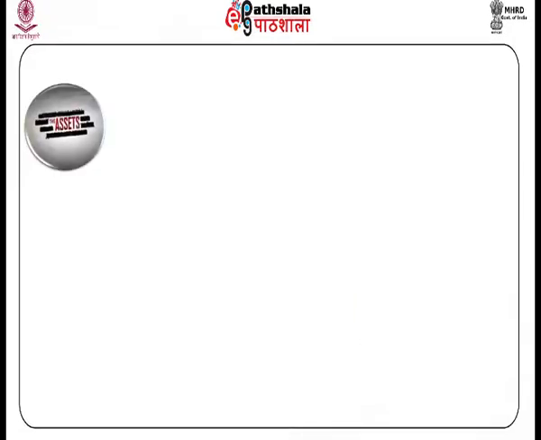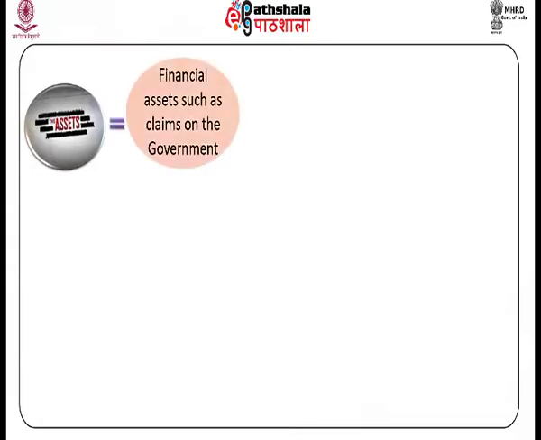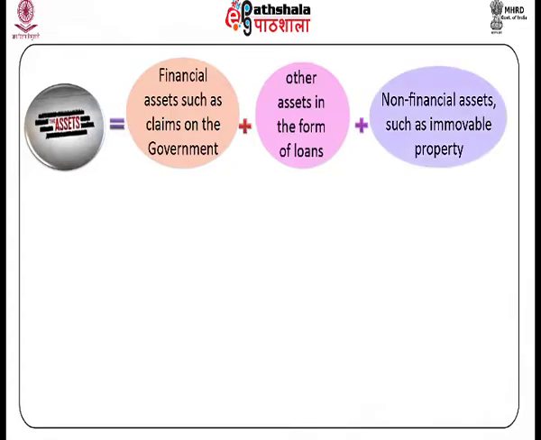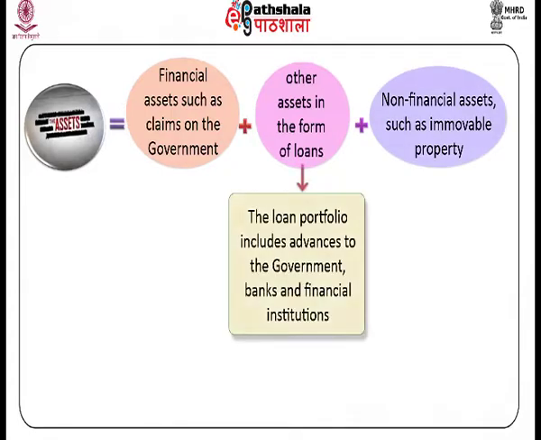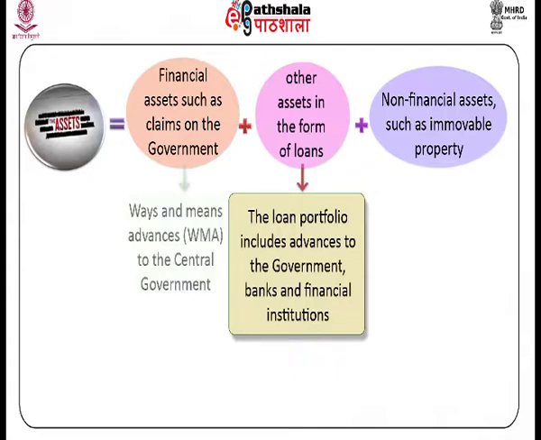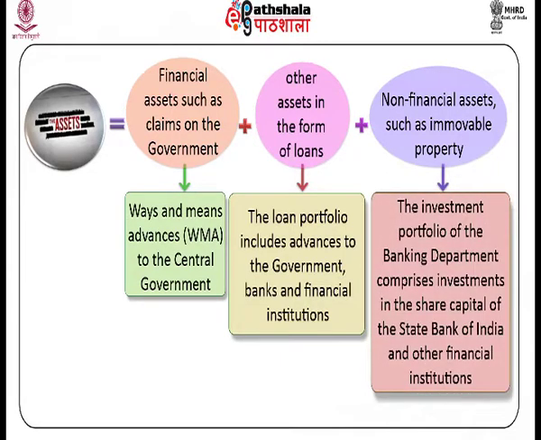The assets of the banking department comprise financial assets such as claims on the government, banks, and other eligible financial institutions, and other assets in the form of loans and bonds and non-financial assets such as immovable property. The loan portfolio includes advances to the government, banks, and financial institutions under Section 17 of the Reserve Bank of India Act 1934. Ways and means advances WMA to the central government. The investment portfolio of the banking department comprises investments in the share capital of the State Bank of India and other